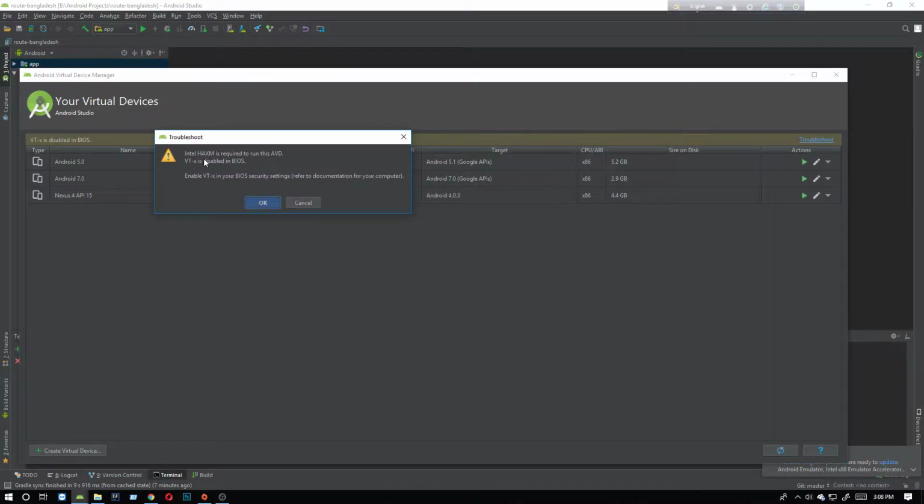Intel HAXM is required to run this AVD. VT-X is disabled in BIOS. That means our virtualization technology is disabled. So this is actually in the BIOS security setting, refer to the documentation for your computer. So first of all I have to restart my PC and